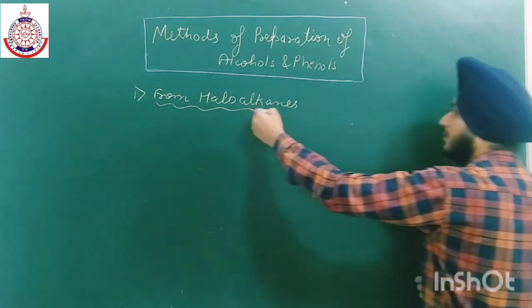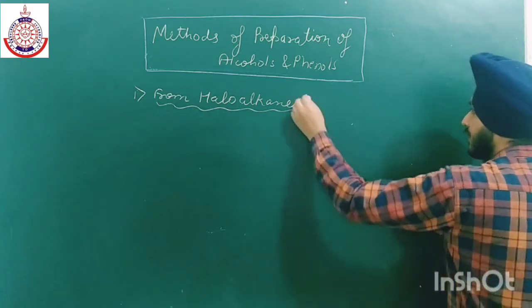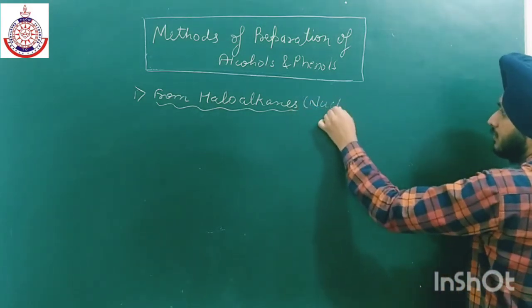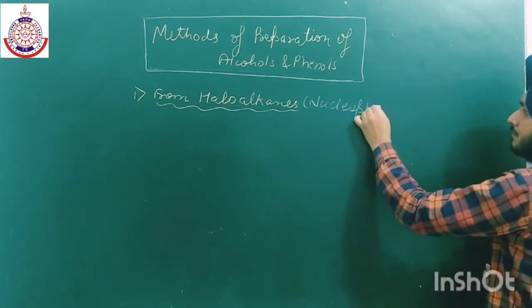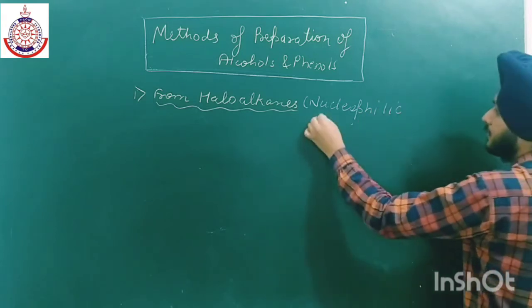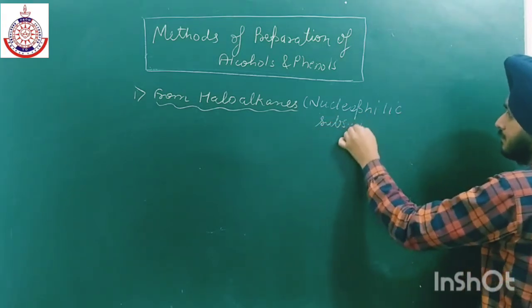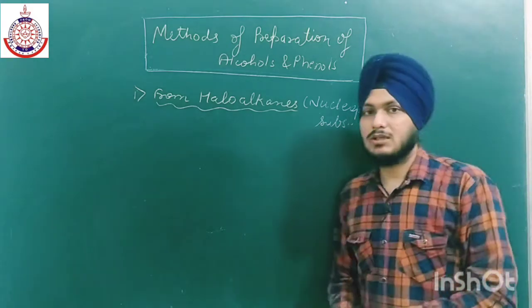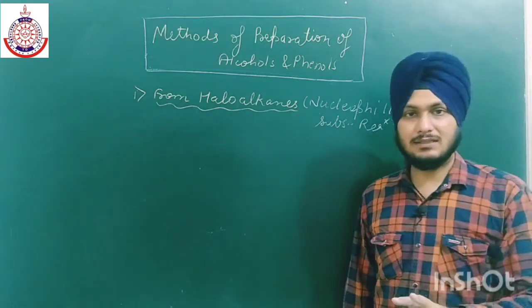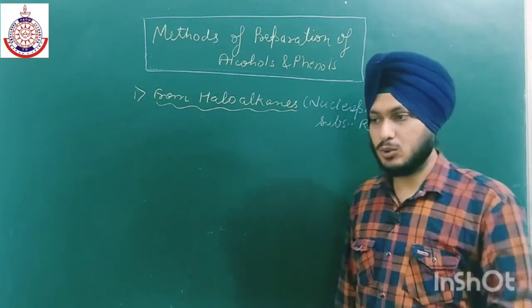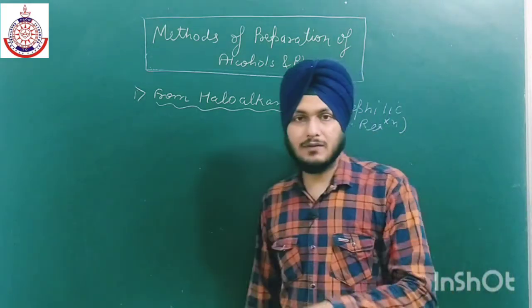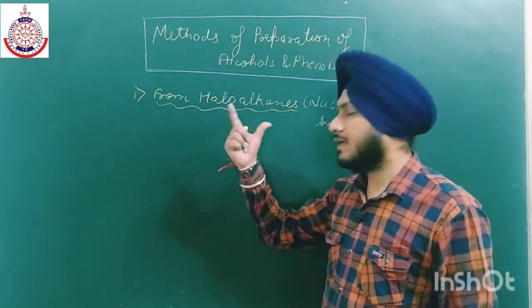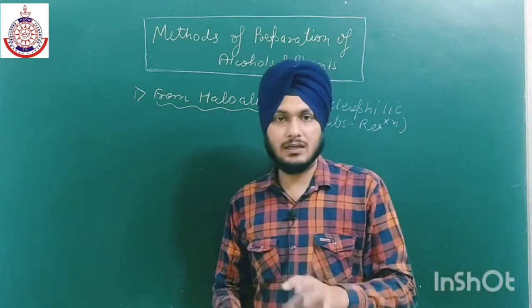an example of nucleophilic substitution reaction. We have discussed nucleophilic substitution reaction. There are two types, SN1 and SN2. SN2 will take place when we have 1 degree haloalkane, and in case of 2 degree or 3 degree, SN1